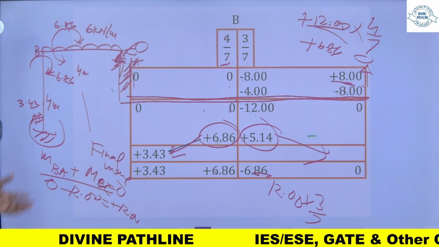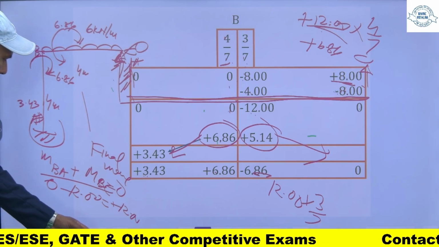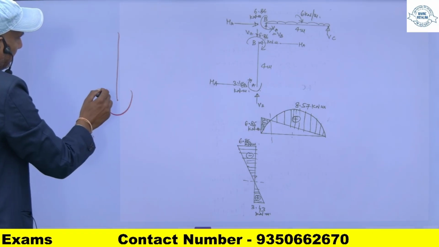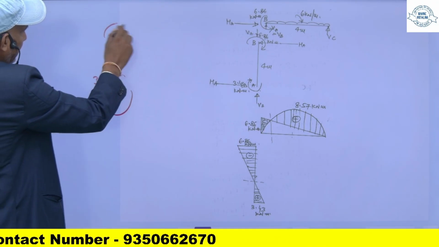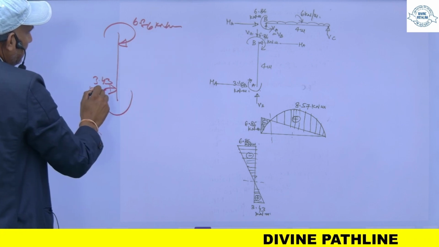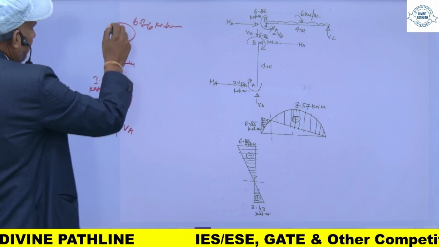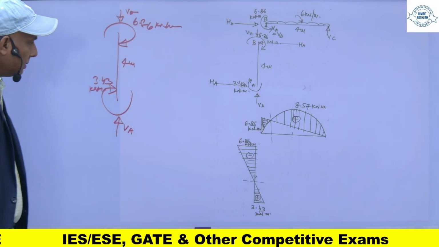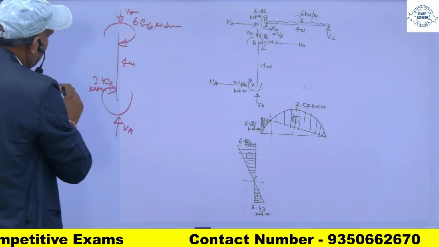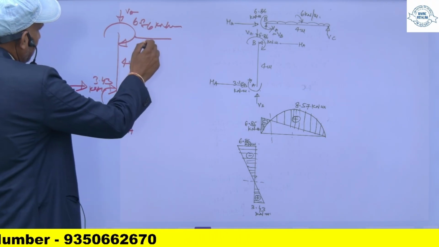अगर मैं इस पार्ट को सेपरेटली यहाँ कंसीडर करूं, इस पार्ट को, तो इट विल बी लाइक दिस। ये जो पार्ट है मेरा, दिस मोमेंट इज 3.43 और ये है मेरा 6.86 किलो न्यूटन मीटर, दिस इज 4 मीटर। यहाँ एक वर्टिकल रिएक्शन आएगी, तो ये VA जो भी है यहाँ पर भी ऐसे हो जाएगा। और यहाँ पर हॉरिजेंटल रिएक्शंस आएगी। हमने मान लीजिए ये डायरेक्शन अज्यूम किया है HA, क्योंकि इन बिटवीन कोई हॉरिजेंटल लोड नहीं है, तो यहाँ HA यहाँ आ जाएगा।